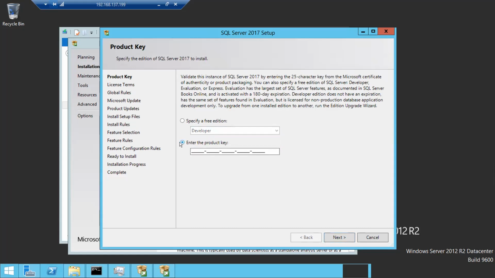If you have standard or enterprise edition, you have to give a license key. In the organization, you will have keys. You have to take that information from your colleagues, and then enter those keys. Based on the key, either standard or enterprise edition will be installed. So I'm going to install a free edition, which is developer edition. So next,